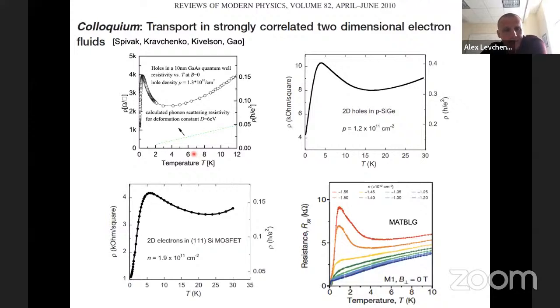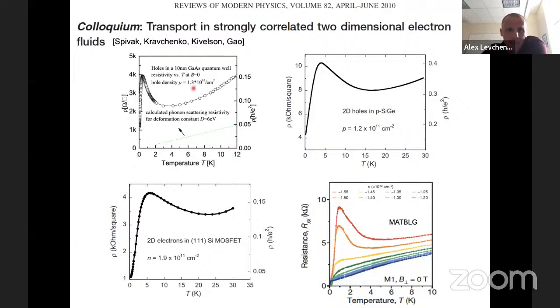You of course can ask me how this could be attributed to electronic hydrodynamics, that is sort of a higher temperature regime. We need to ensure that the electron mean free path is small, but I need to remind you that in the regime of very low densities, Fermi energy itself could be as small as 1 Kelvin or 10 Kelvin. So even though by actual numbers it looks like a very low temperature thing, you always need to compare it to the actual Fermi energy in the system.